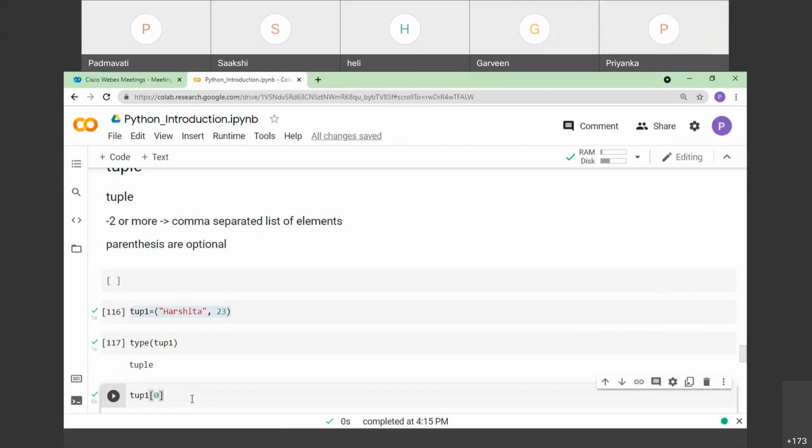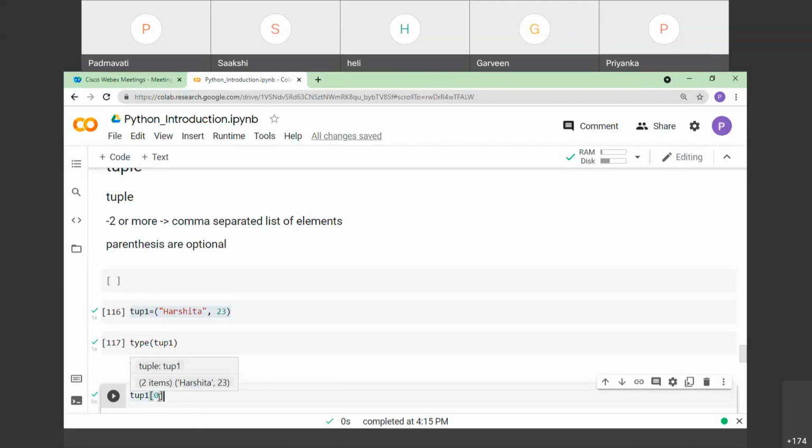In a similar way, you can access the elements of the tuple that you have created, with the help of indexing. Here I will be using these brackets, and inside that bracket I need to mention the index of the particular element you would like to access.